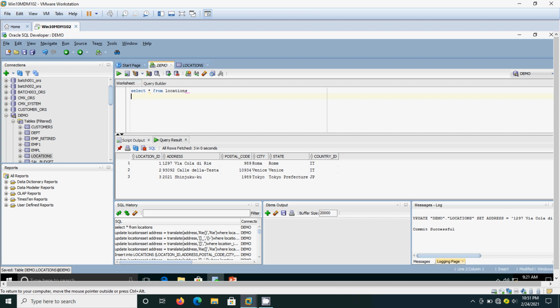Here we know the location IDs that contain the data entry error, so only for those we are implementing it. But if you don't know which location IDs got affected, we need to implement it throughout the table, that is for around some millions of records. For that we should use the instr function. How we are going to use the instr function, we will see in the next video. Thanks, bye.